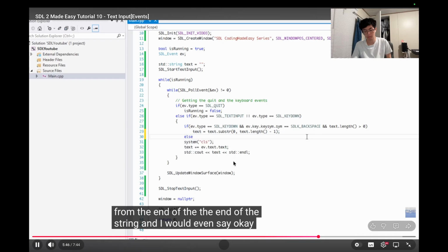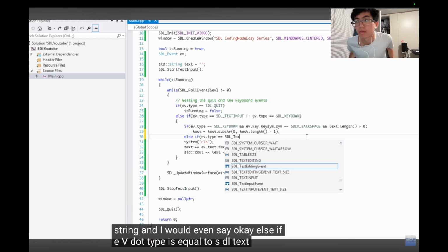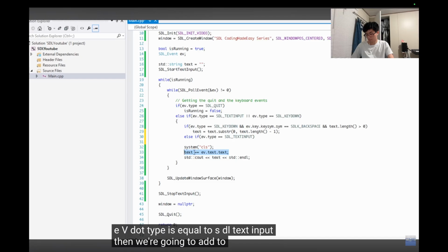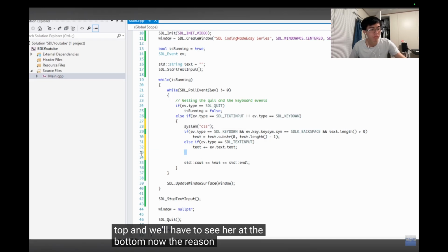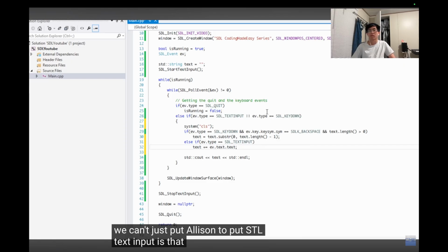And then we're just going to say, okay, else if ev.type is equal to SDL text input, then we're going to add to the text, and we'll just put the clear screen at the top, and we'll have the CR at the bottom. Now the reason why we can't just put else, we have to put SDL text input, is that if we just put else, whenever we